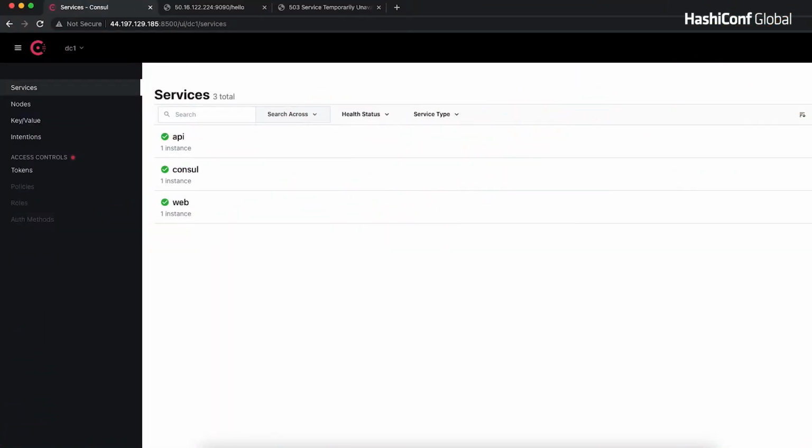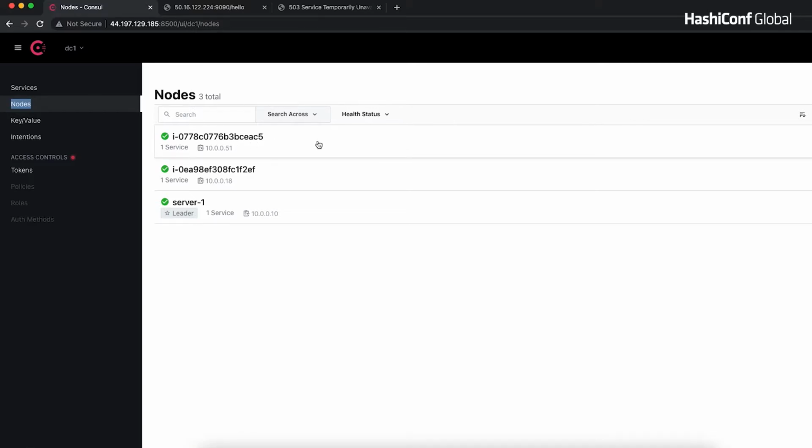So let's take a look at our Consul setup first. You can see we have 2 services, our API service and our web service, and each of these services has a single instance associated with it. And you can see those individual instances here with their given node names. In this demo, I'm going to be using AWS EC2 instances. And so the nodes are registered, but since CTS hasn't